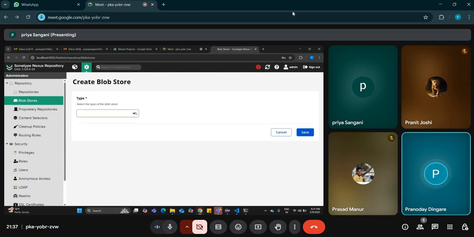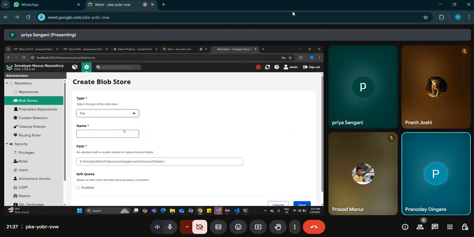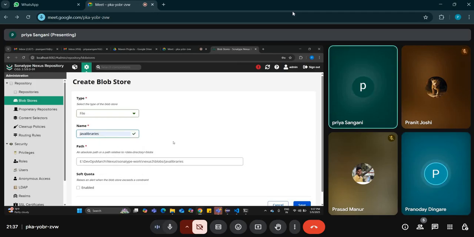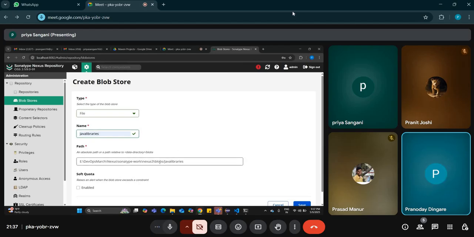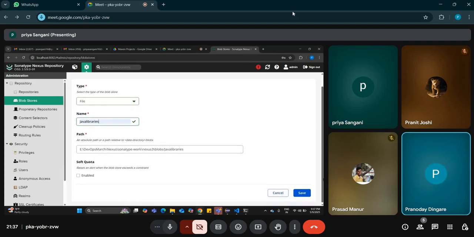Let's click on this drop down. This is a file. Correct. File type of a blob store. Let's give it a name, Java libraries. Any name you can provide, correct? This is the path. If you see the field path, so this is where the artifacts would be stored on this location. So by default,